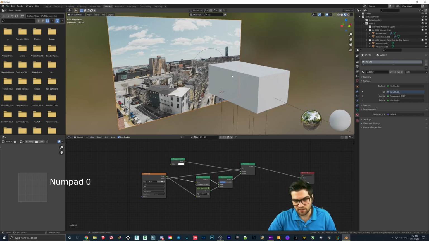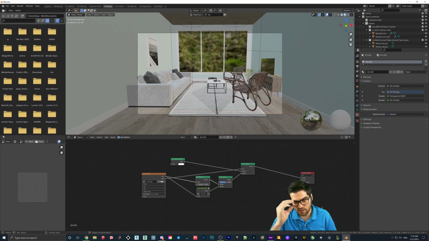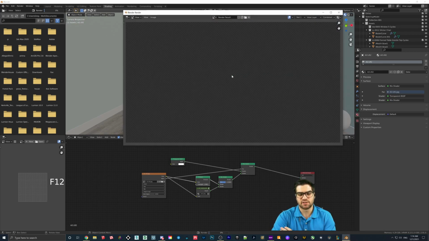Now let's take a look at what our render looks like, because I think now we're just doing final touches. And as I said, you could be doing render mode for this. Unfortunately,